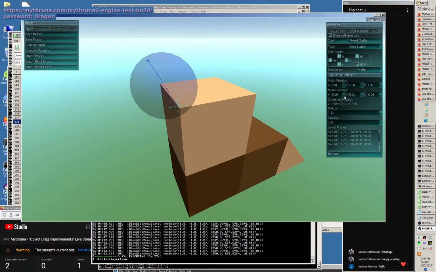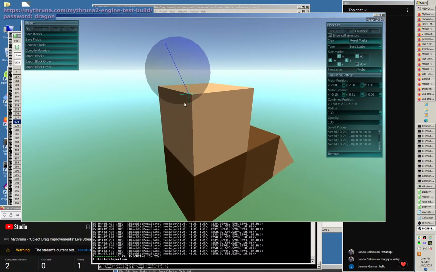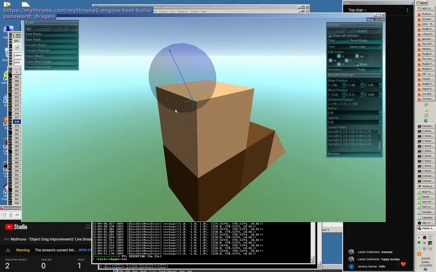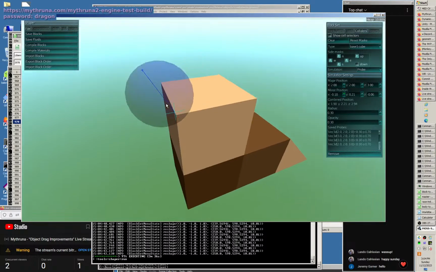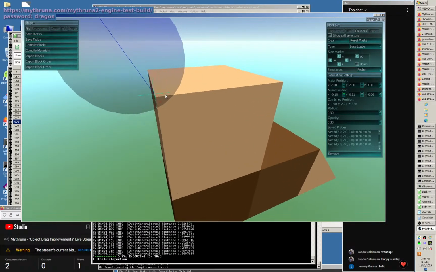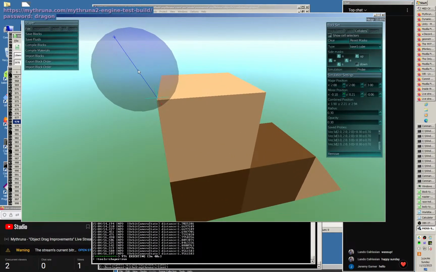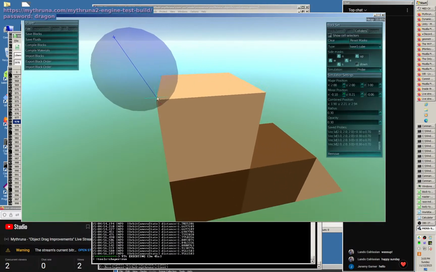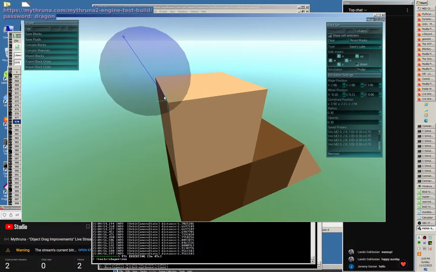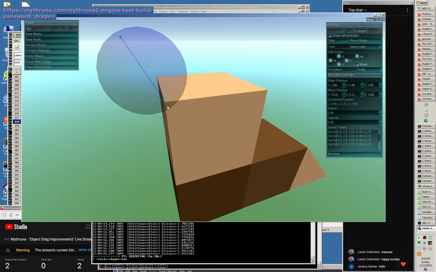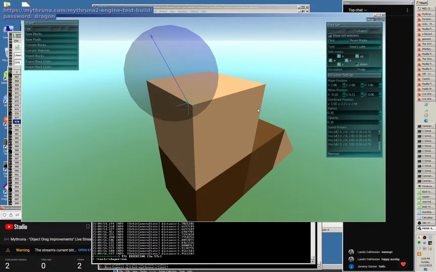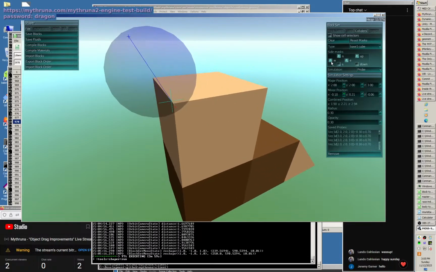And this is what I was going to try to show you guys. I was talking about how being able to mask off these sides is important, because right now we can see this side, and that means when we intersect here, the intersection normal is angled. But if this side wasn't here, it would be straight up and down. So if you imagine there's another block here, we don't want this angular, because this side technically doesn't exist if it was turned off. And so I'm a little disappointed that